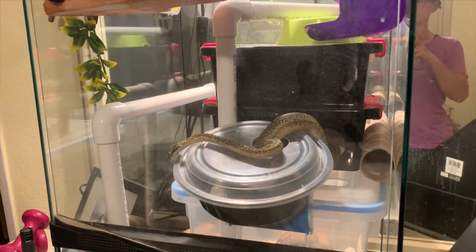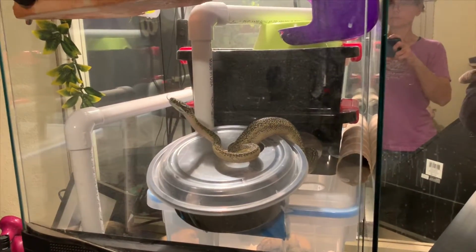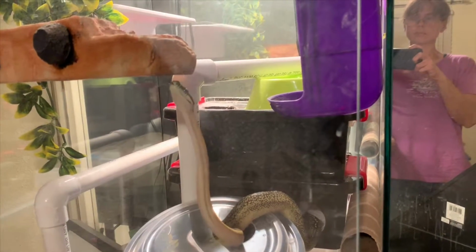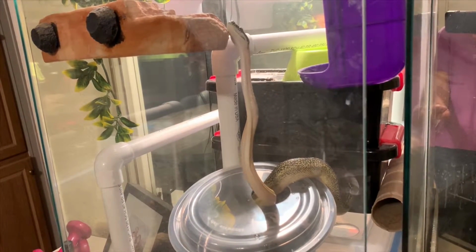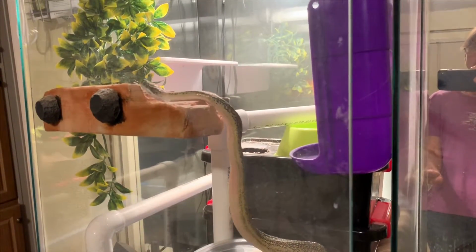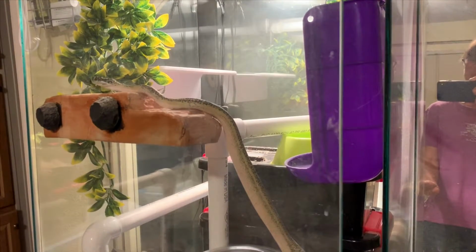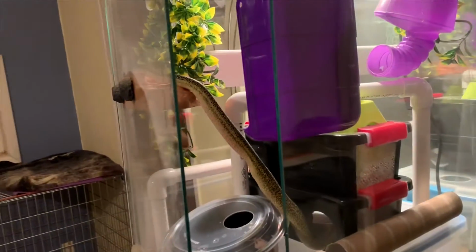So in my attempt to not interfere as much as I could, I shut the door slightly so that the puzzle wouldn't fall out. But he just kept looking at me, and as you can see in the mirror, I'm filming from a few feet away. And when he finally realizes that I'm not going to present the target, I'm not going to pull him out of the enclosure or let him out of the enclosure, I often open the door and let him come out on his own, and that I'm not going to present a second food item, he does turn back in his enclosure,